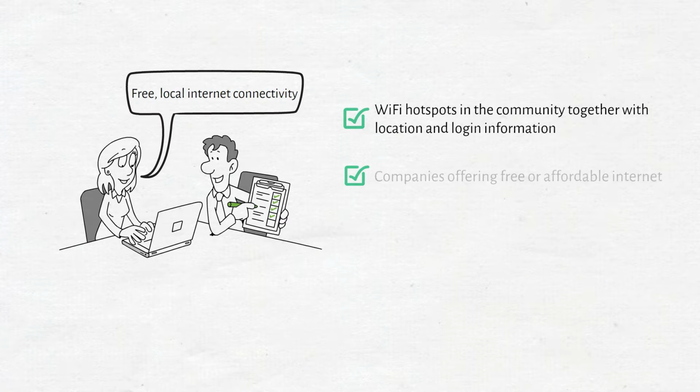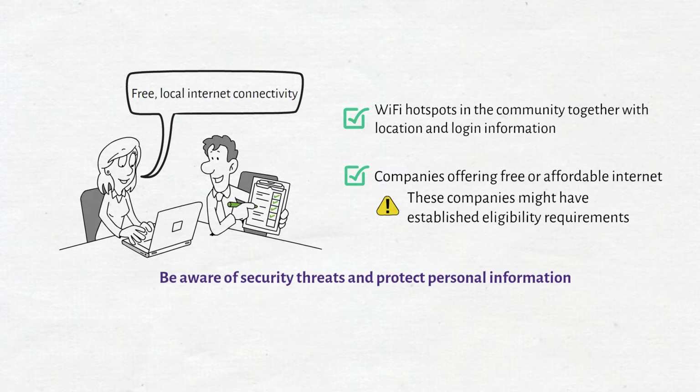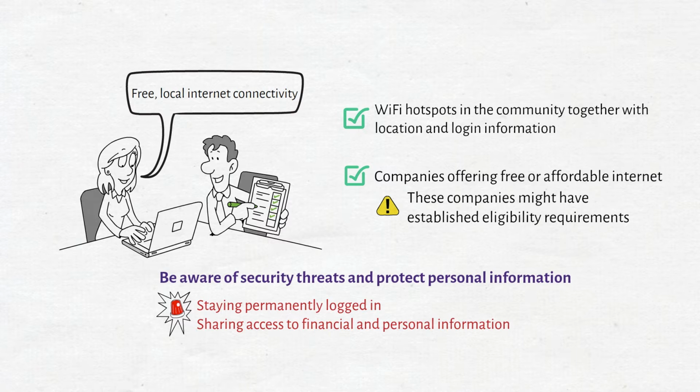Additionally, it would be beneficial to provide a list with the names of companies offering free or affordable internet to all families. Make sure to consider that these companies might have established eligibility requirements that some families cannot meet. Reminding students and families to protect their personal information against possible hotspot security threats is a must. For example, common reminders might include information about not staying permanently signed into accounts or sharing access to personal and